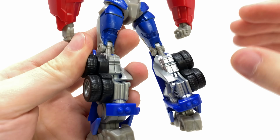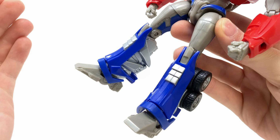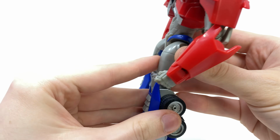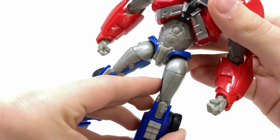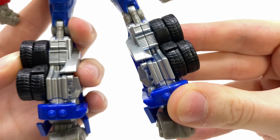Surprisingly, the back of the legs have actually been painted better than the front of the figure. Personally, I would have much preferred this to have been grey plastic instead of the thighs and torso. They could have literally taken this silver and actually spiced up some of the details that we're seeing here for the front. But as we just take a closer look here, as you guys can see, very nicely painted as